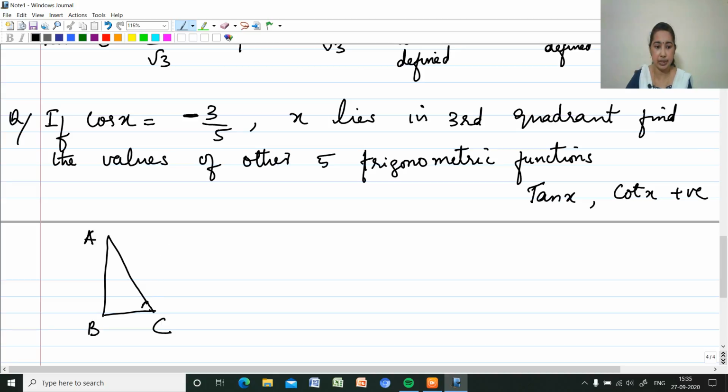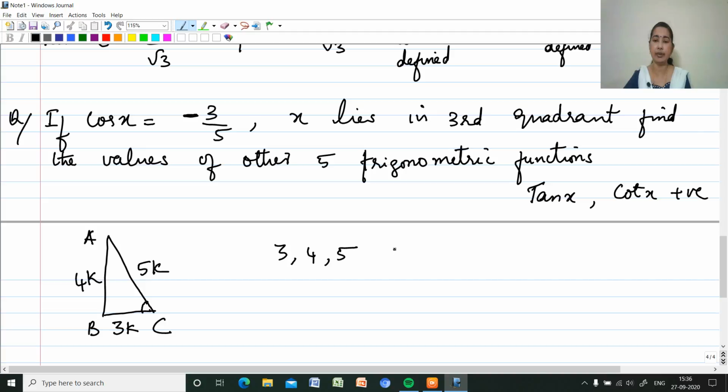If I am considering this angle, its adjacent side is BC. That I can write as 3k, because in this ratio 3 by 5 a common term has been cancelled and we write the rational number in the simplest form. So, 3 by 5 will always be in the simplest form. In order to make it in the simplest form, we have cancelled something and wrote it. So, we can write that the numerator is actually 3k and denominator is 5k. So, adjacent side is 3k and hypotenuse is 5k. So, AB can be written by Pythagorean triplet. 3, 4, 5 is the Pythagorean triplet. So, this side will be 4k.